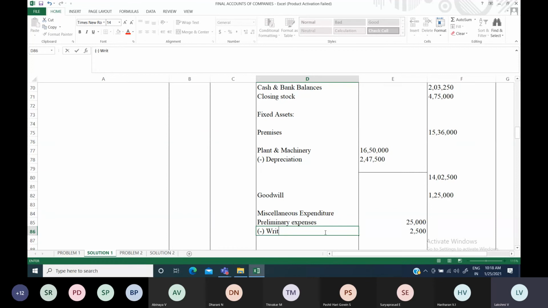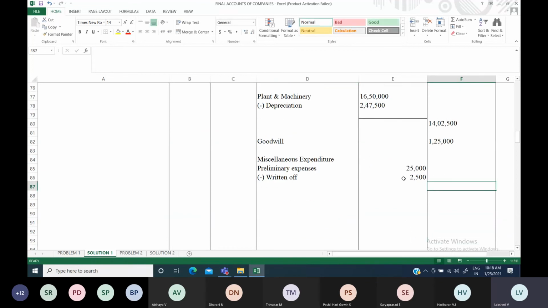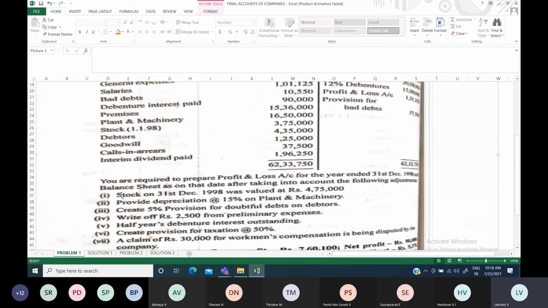Written off. So you enter the final amount, 25,000 minus 2,500. I am getting 22,500 actually. So this amount you have to enter in the final column, 22,500. So again, you go through any items skipped in the asset side of your balance sheet. Okay. So likewise, you move to the